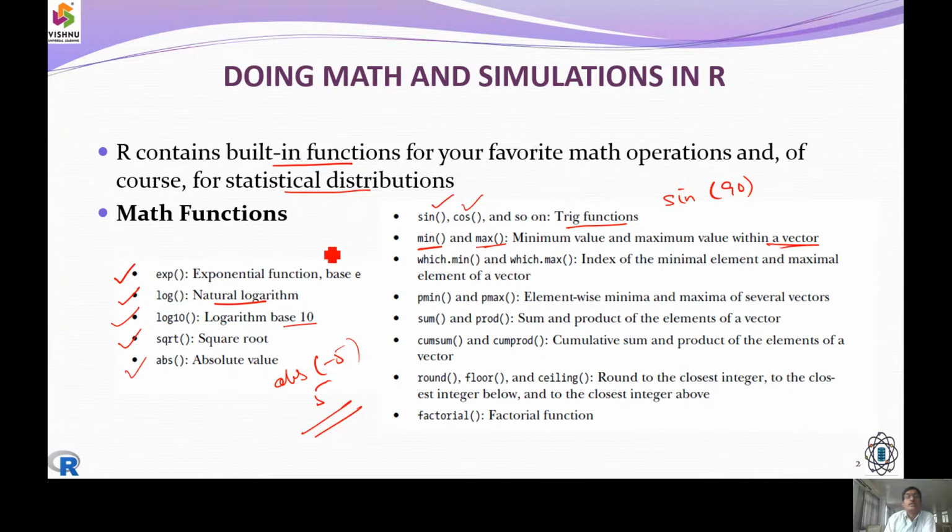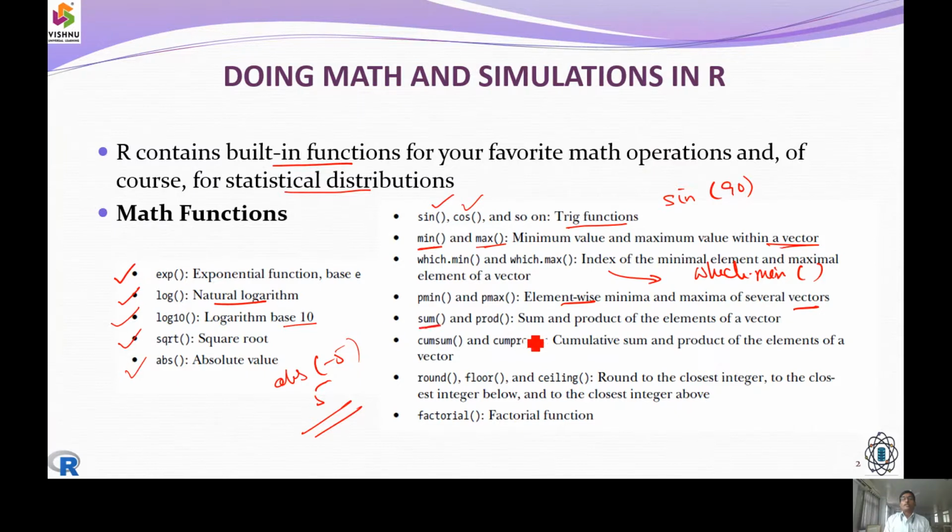But a little contradiction is which.min. Which.min indicates the index where the minimum value is located. And similarly, which.max tells, in a list of 10 items, where exactly the maximum item is located, and it is going to print it. So that is where which comes into existence. Next come pmax and pmin, which are used with the element-wise contents in a vector. We will look at an example.